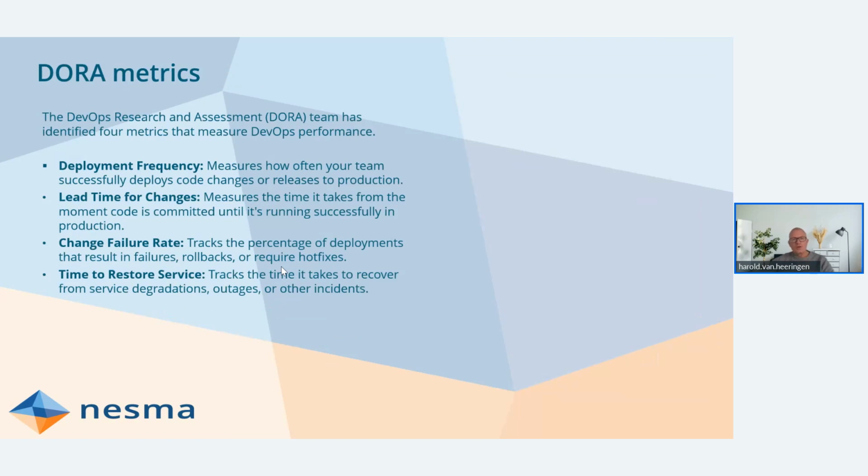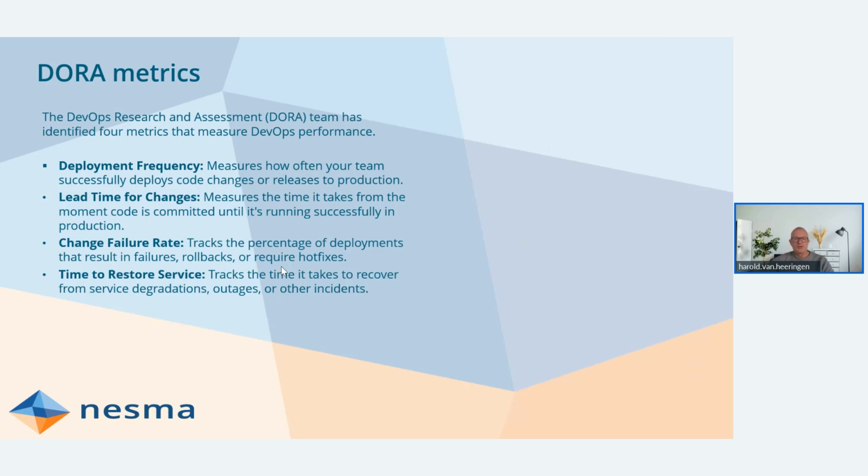So let's take a look at some of the other team metrics. The DORA metrics are very well known. A lot of teams measure DORA metrics. These are by the DevOps Research and Assessment DORA team. They have already been around for a long time. So deployment frequency is one. How many times can you deploy to the production environment? How fast can you do that? Lead time for changes: how fast can you get an idea from starting into the production?